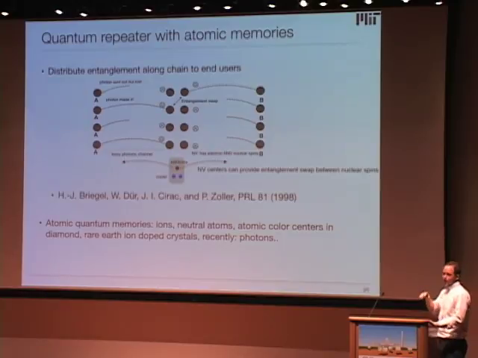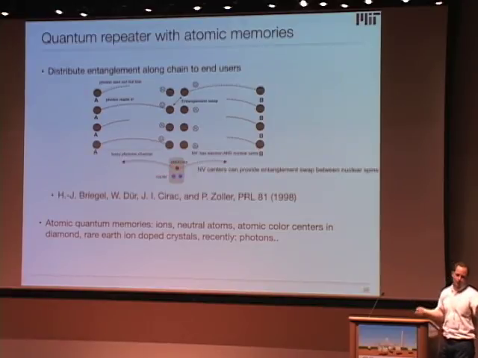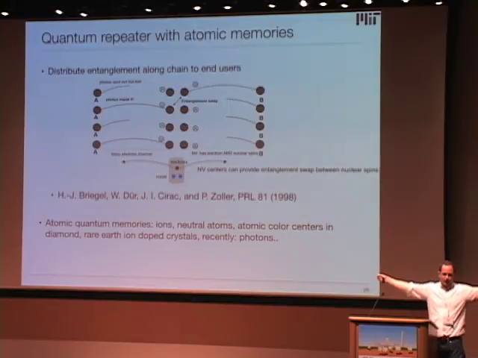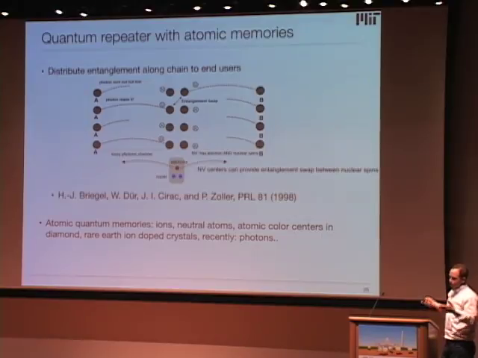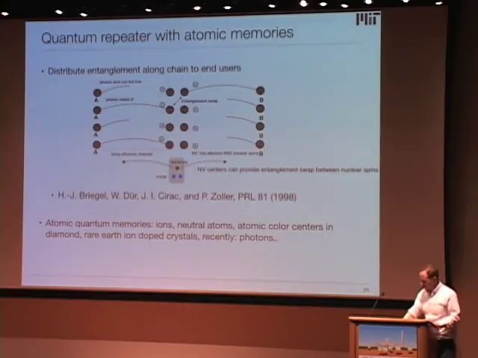Now, the NV has a nice feature, which is that you can couple a photon efficiently to the electron spin of the nitrogen vacancy center in diamond, and then transfer the spin information of the electron onto a nearby nucleus. You do that with the next partner over and transfer that onto the nucleus as well. Now you have two nuclei, these are carbon-13, sitting real close to one another, which are pairwise entangled to their neighbors. And that allows you to do the entanglement swap operation much more efficiently because they're already coupled. And that's a nice feature for actually implementing a full quantum repeater. So we're pretty hopeful that this in principle can work.